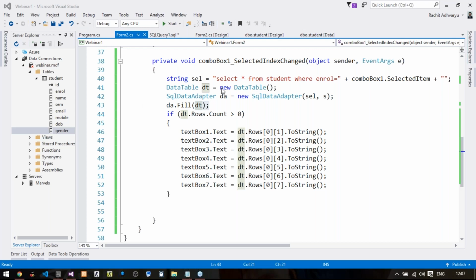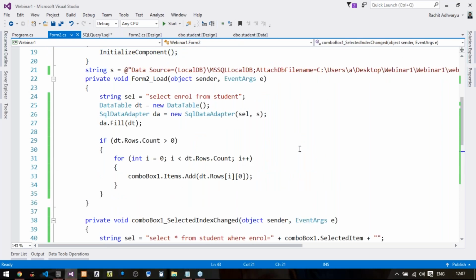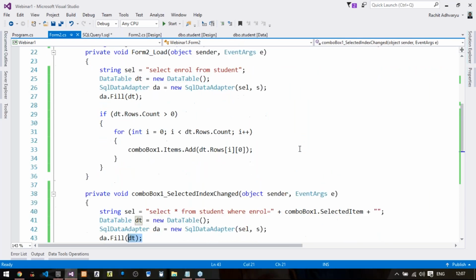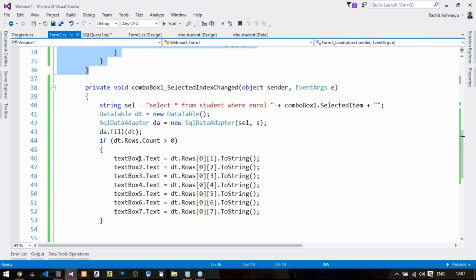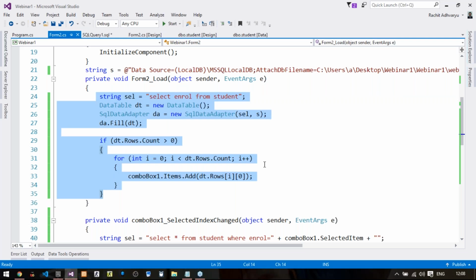Okay. So I request you all to just go through these codes once more, right? And if you have any query, just raise it right now, and then we'll go for the next exercise. This is the first query that we have filled the combo box. And this is the second query where we have filled the values based on the combo box. So you first go with this first part, then we'll go for the second one. Do you require to zoom it?